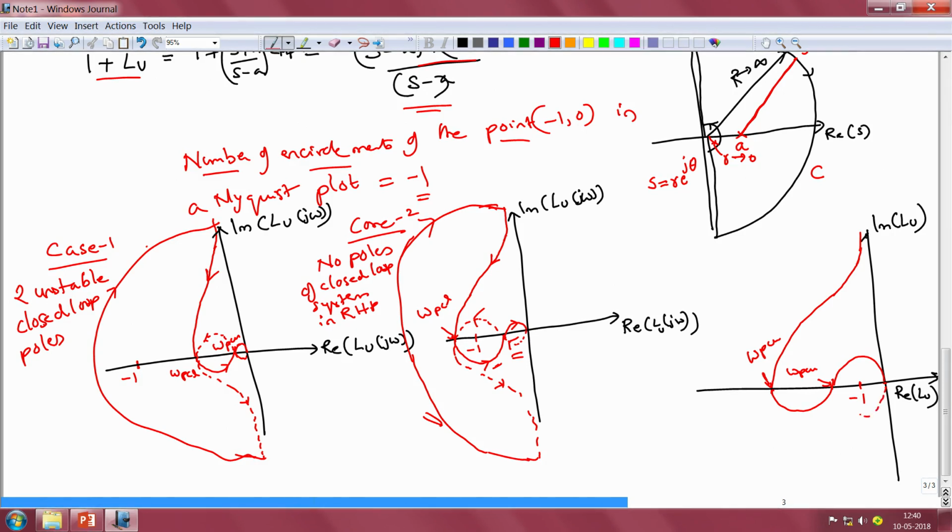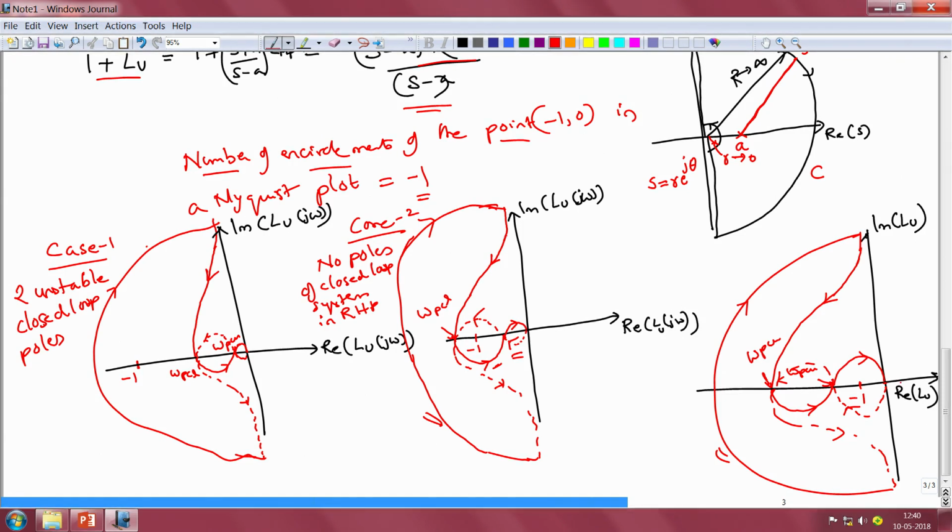For the negative imaginary axis, it will be a reflection of this plot and it will therefore look something like this, and a small D shaped contour will get mapped to this big D shaped contour, and the Nyquist plot will look something like this. So, for this case too we note that the big loop here does not encircle the point -1 at all. The second, the middle loop also does not encircle the point -1. It is the loop that is closest to the origin that encircles the point -1,